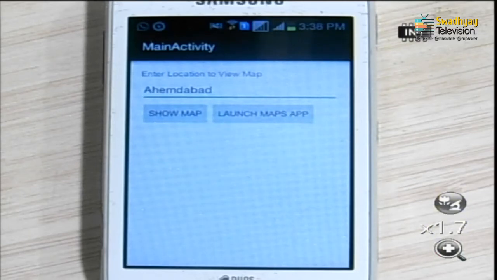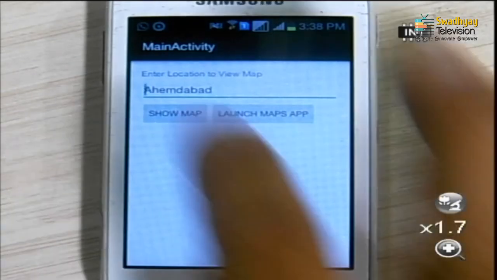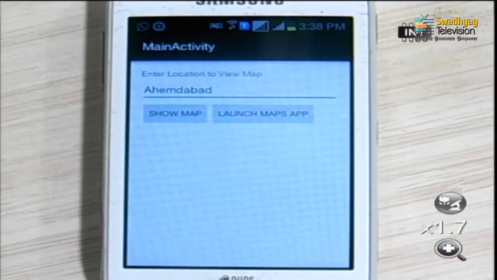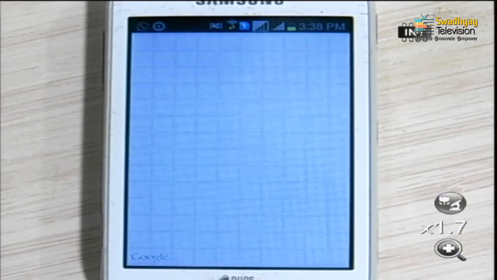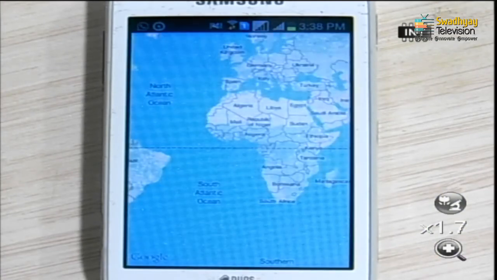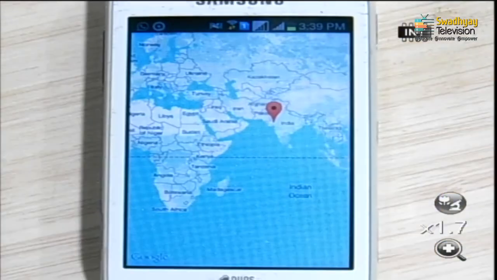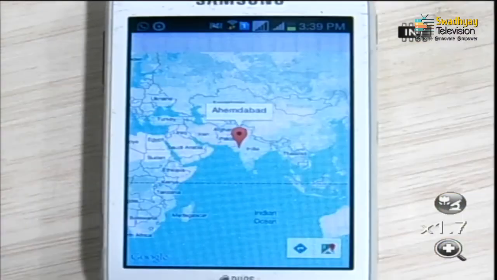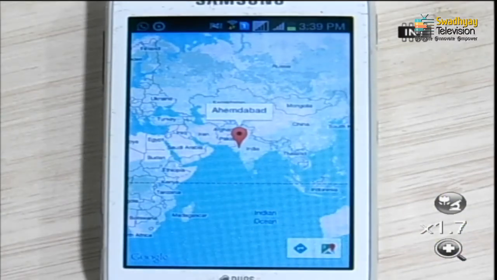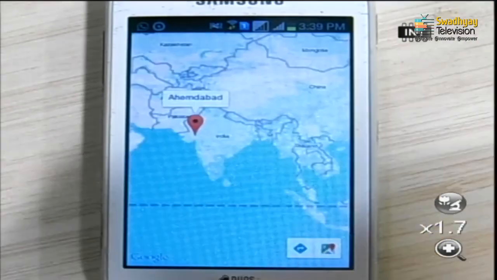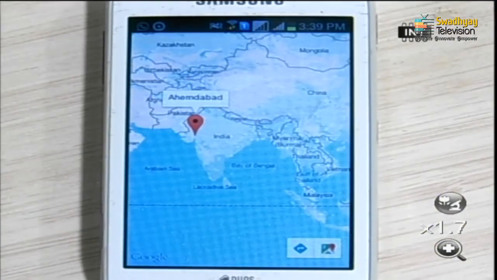Here I type one city name, which is Ahmedabad, and I press the show map button. You can see it displays the map inside the fragment, and our city name is marked with a marker, and if you click on the marker, it also shows the place name that we have typed in the text box, and you can zoom this fragment by double clicking on it.